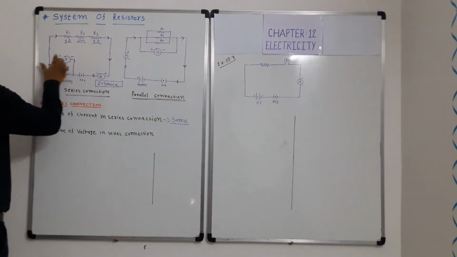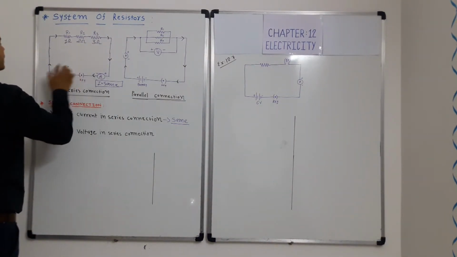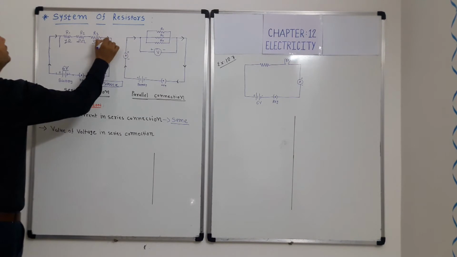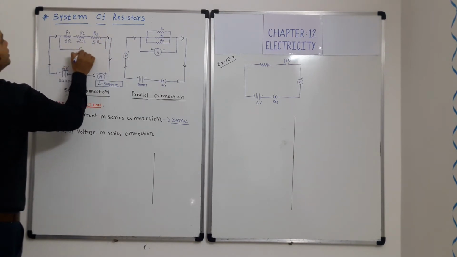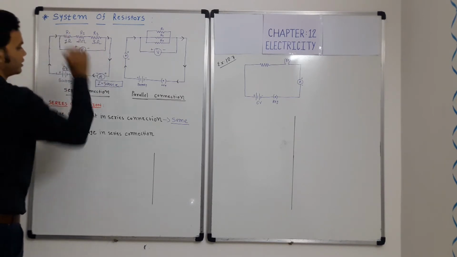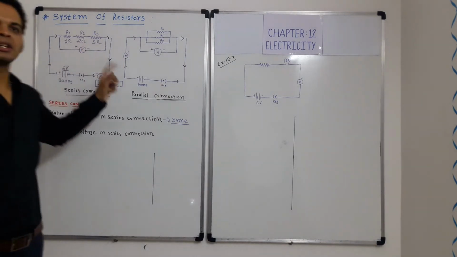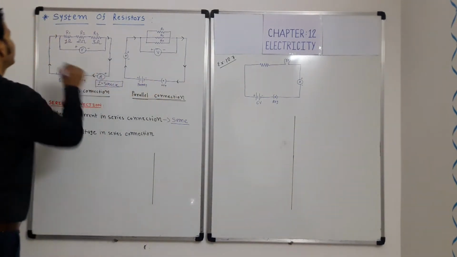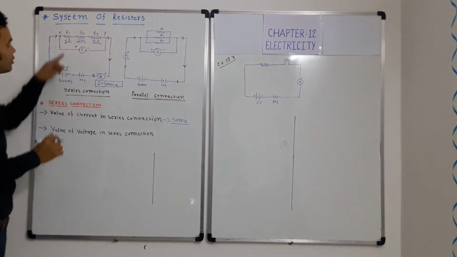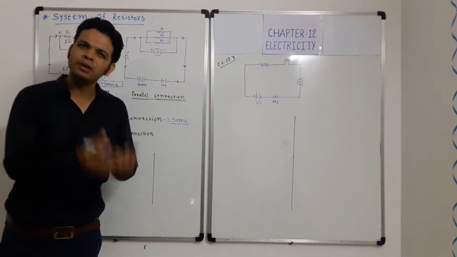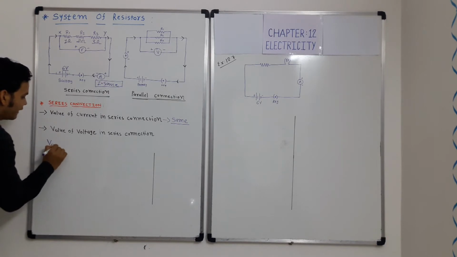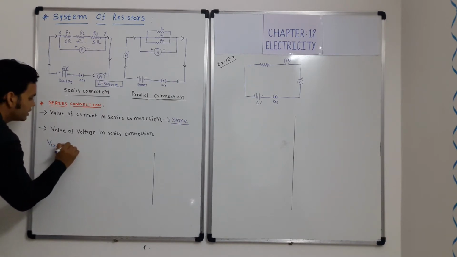Once again I am disconnecting it and I am connecting it across all the resistances which are connected in series, plus and minus. So here the value of voltage which I am getting across, let's say this is X and this is Y, across ends X and Y, is V of XY equal to, let's say, 6 volt.